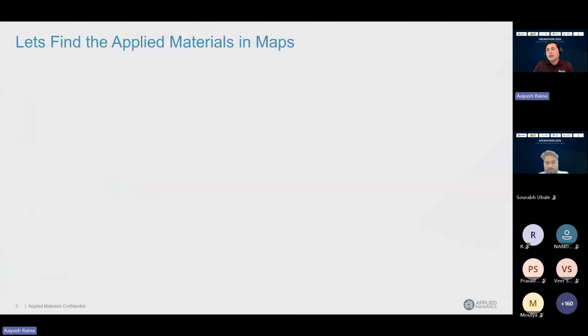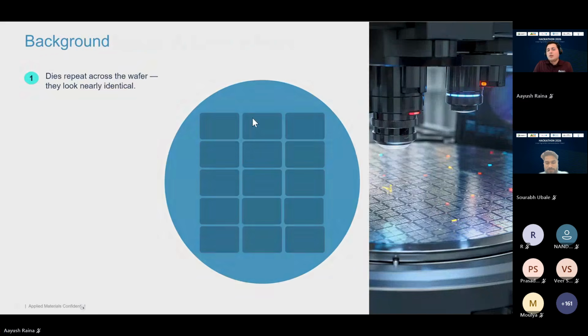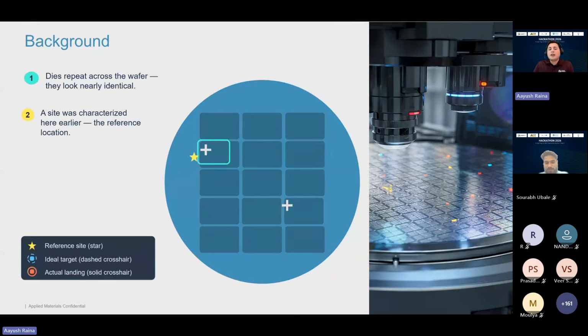A similar context we will try to use in our domain, because we don't know how to search for the right location. For example, today we are at one location and we have a plus sign. And this pattern is printed on a die. So what is a die? If you see on the left side, each die could be one of your chips. Let's say in this case we have a matrix of dies. It's a 3 by 5, so there are 15 dies and almost all of them will look the same, because they will cut each one of them down as an individual chip.